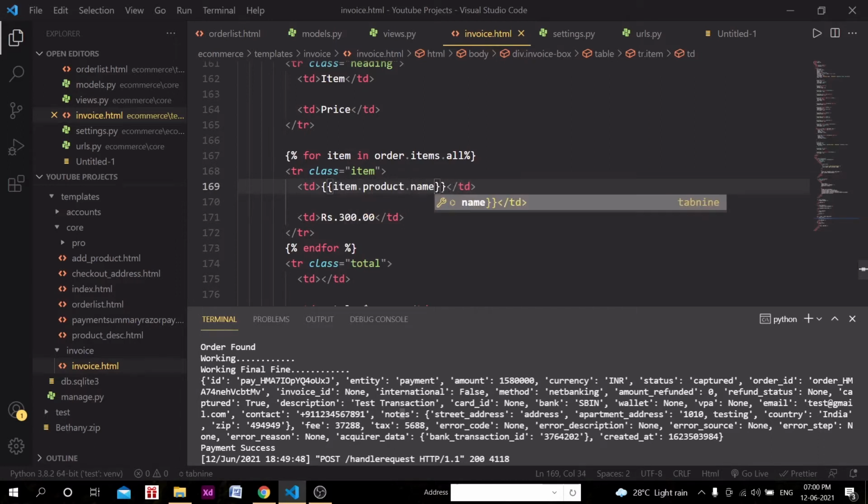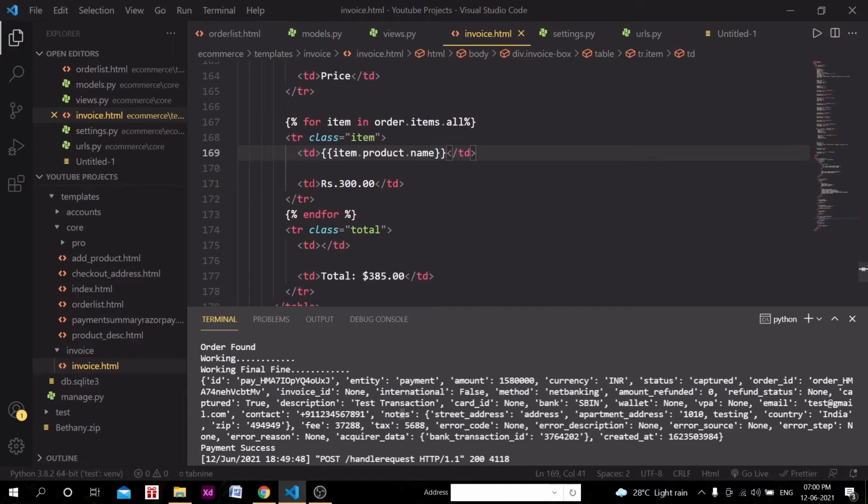Okay, item.product.name. This is simple. And here rupees, we will have item.product.price. Okay, this is simple.